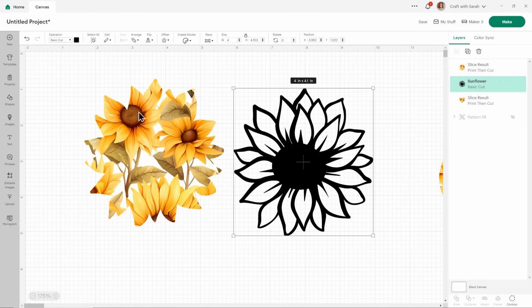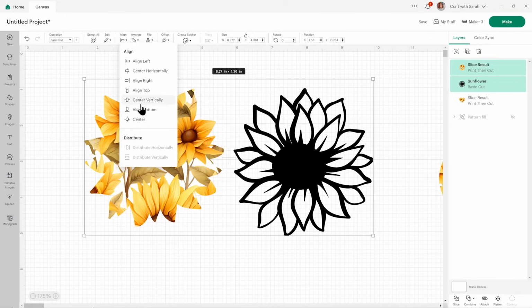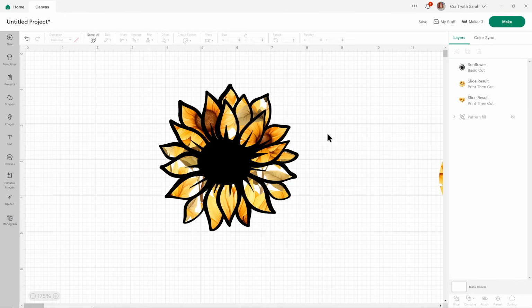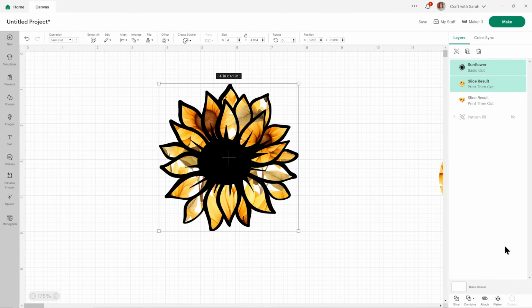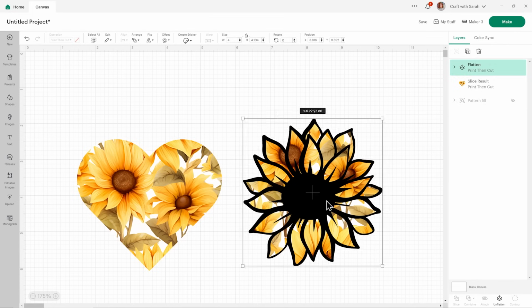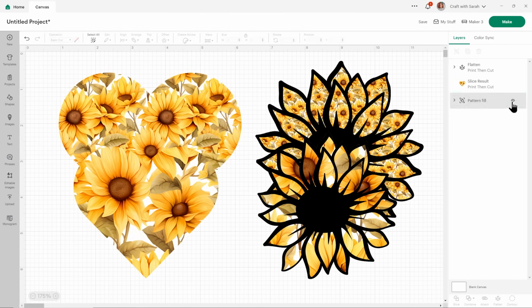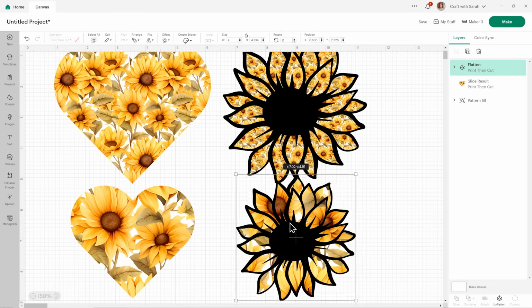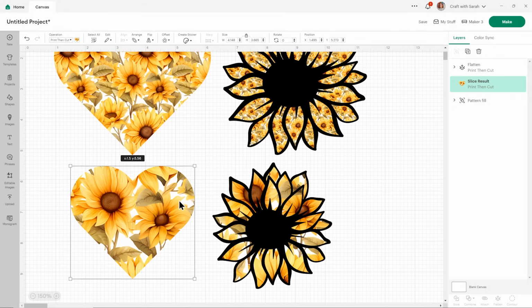Then we're left with that. So now we can center that and bring the black one to the top, drag a box around both and flatten them. So we've ended up with the same kind of thing as we did with the pattern fill, only there are less customization options.